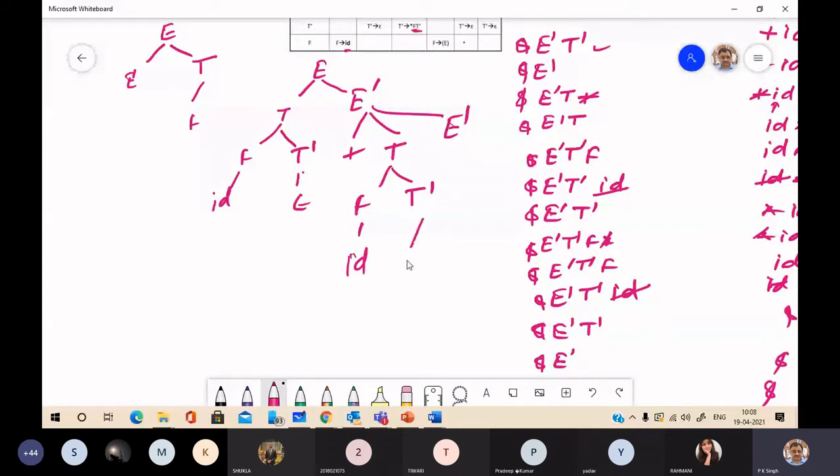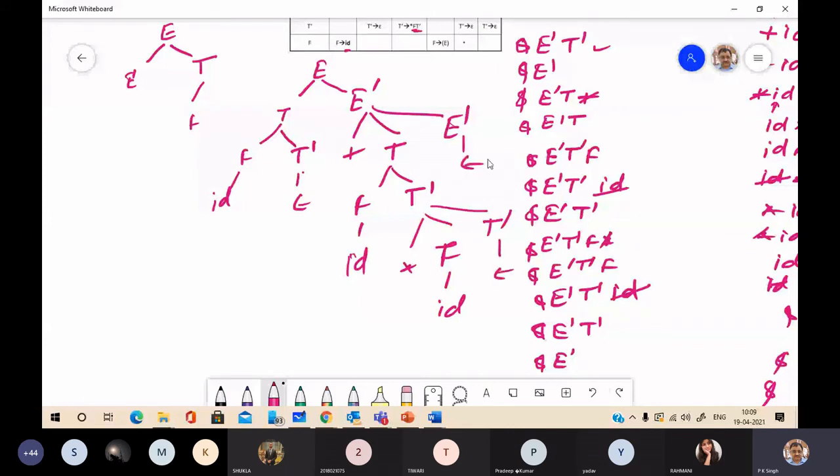This is asterisk F T dash. Then this F is replaced by ID here. Then ID removed. Then this T dash is replaced by epsilon.